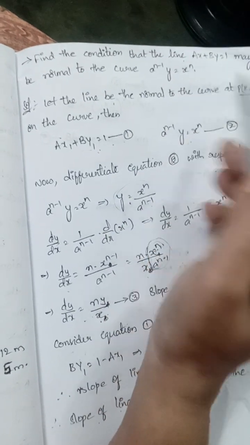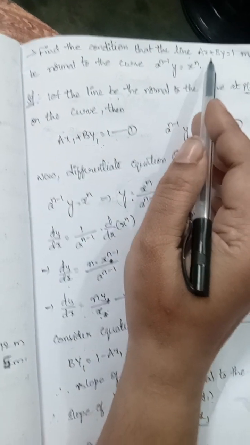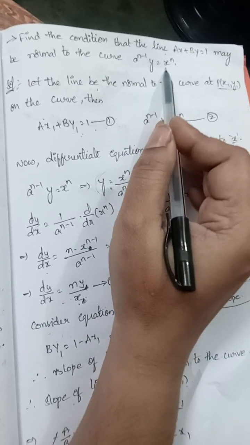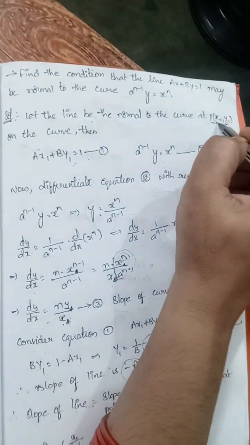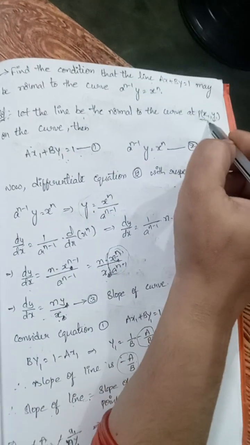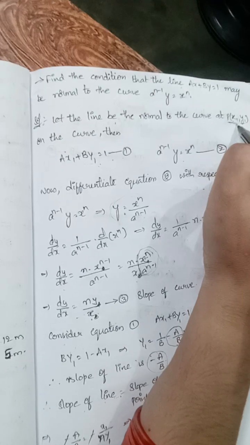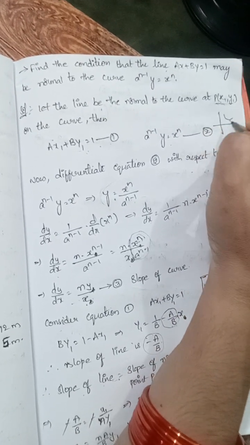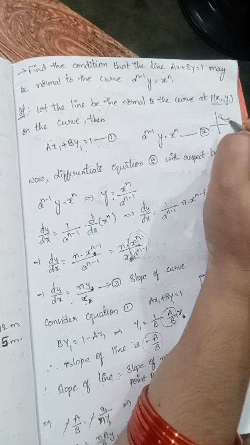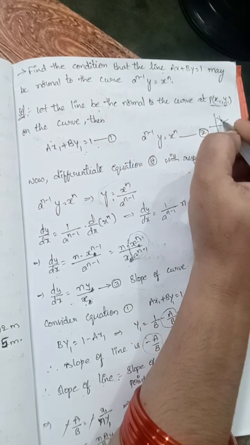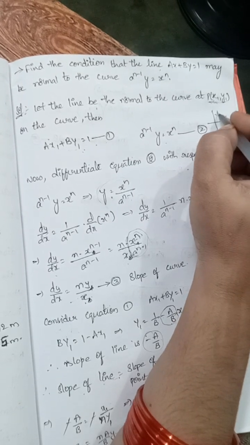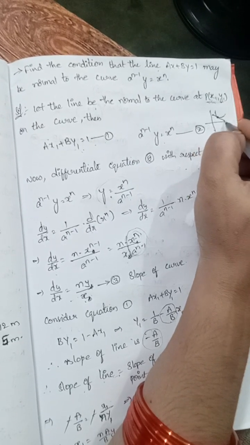That means by that condition we got, this line is normal to the given curve. Understood what we did? First we took a point on the curve so that this line satisfies this point. Say for example, Seema, here this is the curve, right? And a line is passing through it. This point is P, (x1, y1). That means it satisfies both the curve and the line, right?